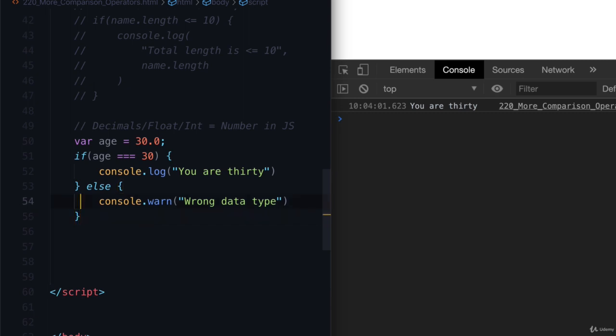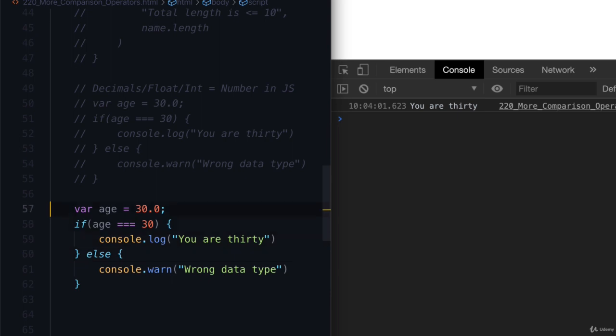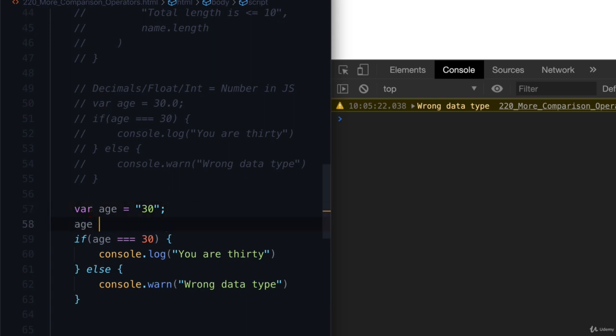And as one last example here with the strict comparison, let's just go ahead and turn this back. You know what, now I'm going to copy this whole thing because I like that example the way it is. So let's comment that out, copy this, paste it in there rather, and let's do 30. So this is going to give us wrong data type. Well, in the last lesson, we talked about typecasting or variable casting. Let's go ahead and force this to be a number. Number,